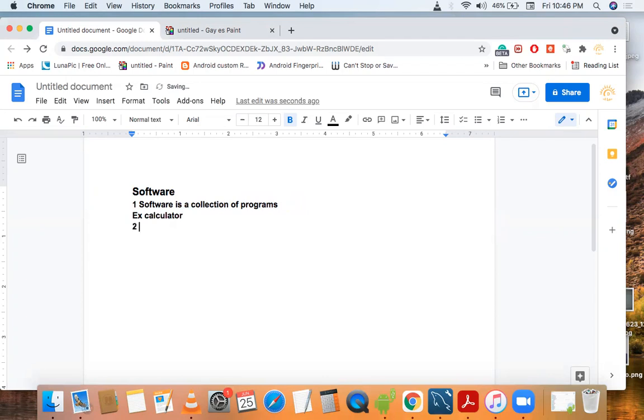Second point is what is a program? The program is a collection of statements. What is the definition of program? Program is a collection of statements.